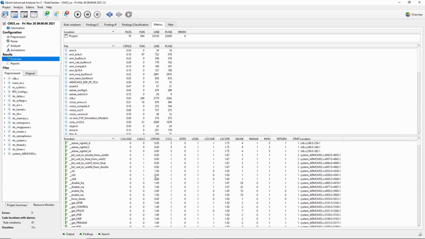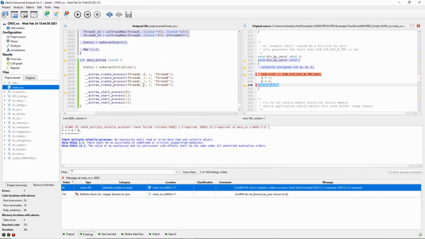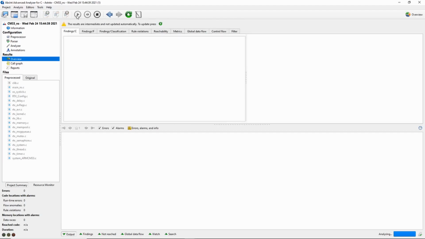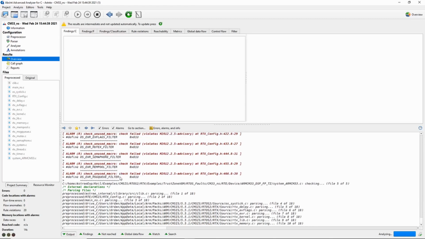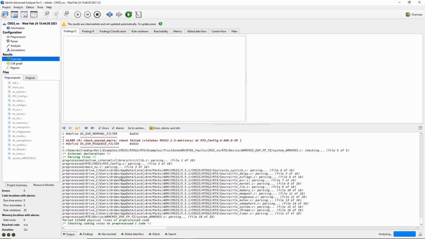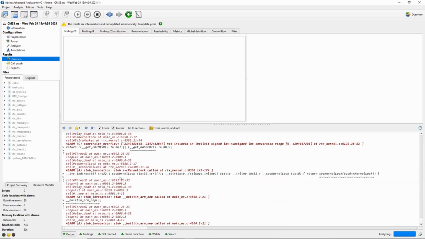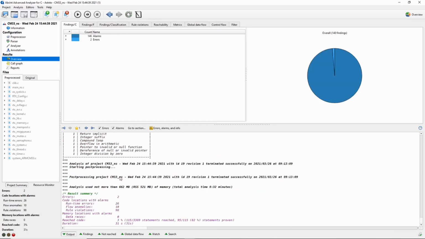A RuleChecker analysis can also be transformed to an Astrée analysis. I already prepared it in a separate window. Here you can see that we created and started 4 concurrent Astrée processes for the 4 threads of the program. When I now start the Astrée analysis, and get the results,